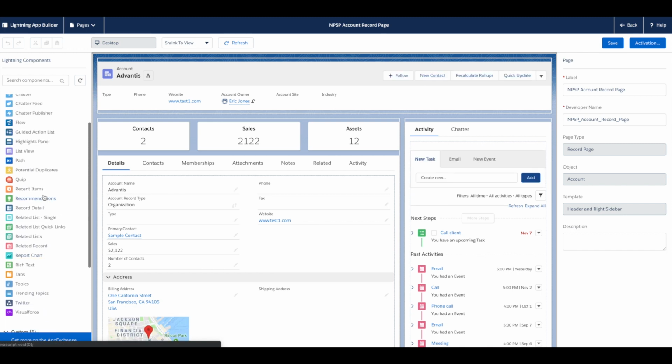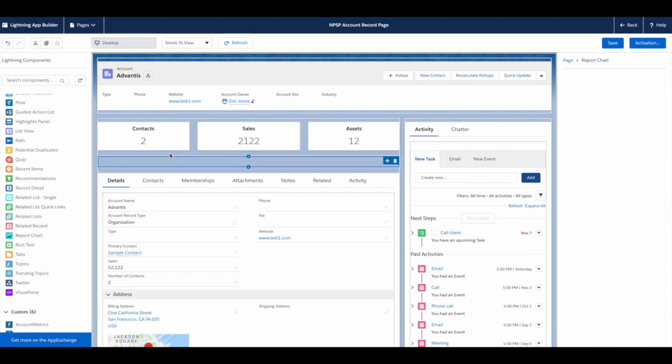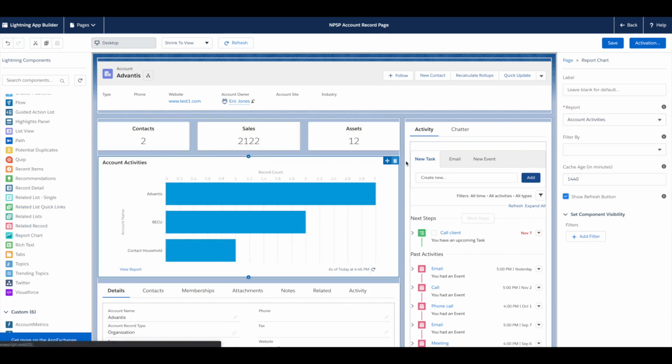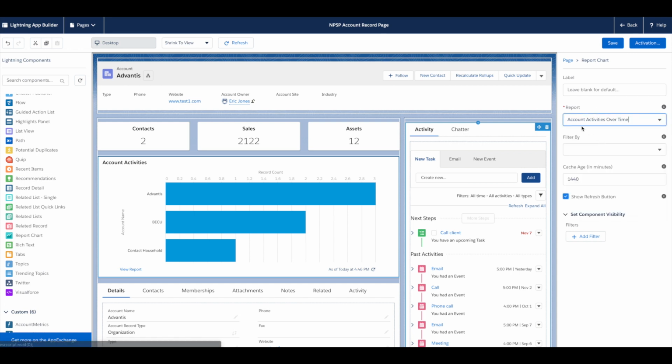And we're going to, right now, just drag onto that page. We're going to drag on the report chart. You can't drag the actual report data. It's only the report charts that you can drag into an account. So there we go. We've got, let's do this one, which is the one we just created, the account